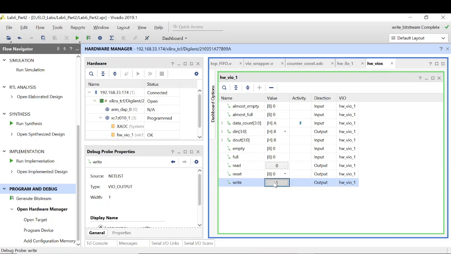As you can see, the data count is increasing. It's in hex. You can see when the data count reaches F, almost full is now set. That means you can only do one more write before full gets high. So let's do that.